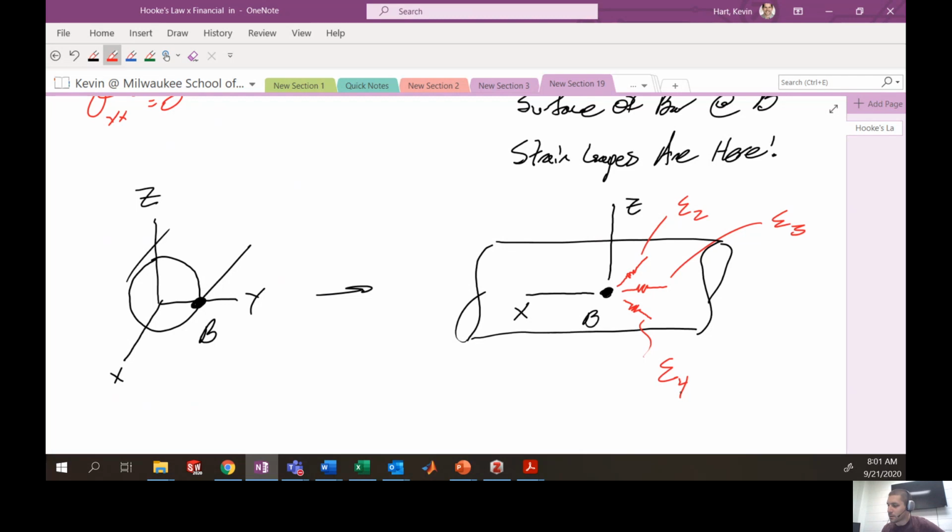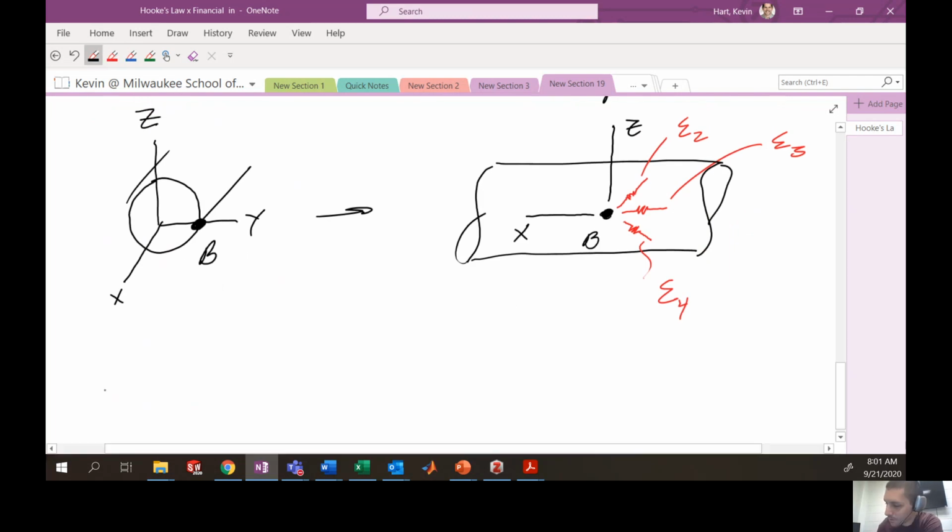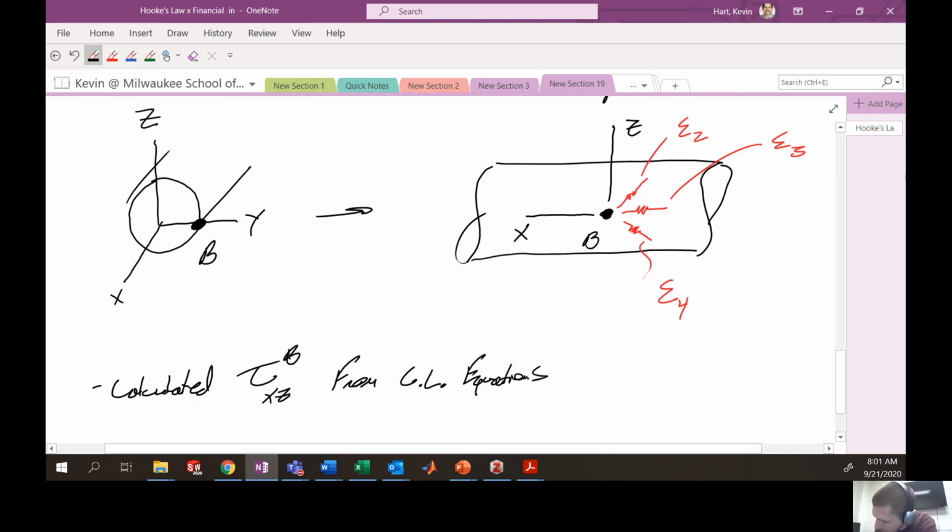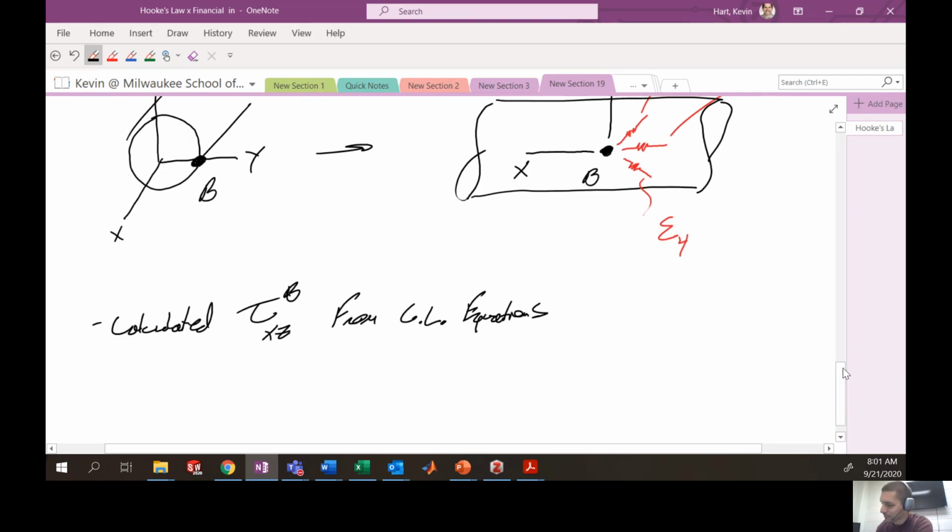So we've calculated what the shear stress is at this particular point from your combined loading calculations. Now we need to know what is actually the shear strain at this particular point. All right, so let's make that clear. We calculated what is tau xz at point B from combined loading equations. And when I say we did it, you did it. All right, now we need